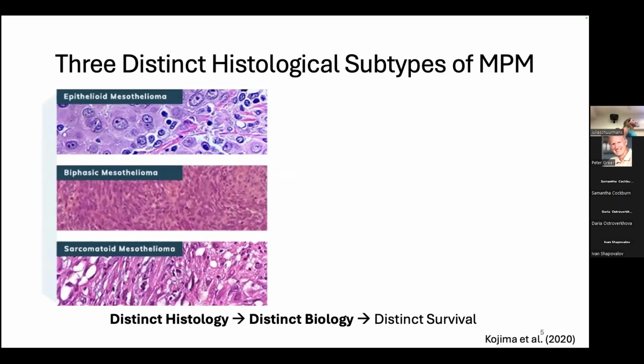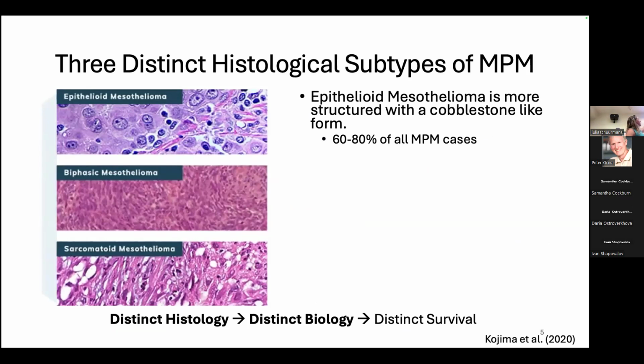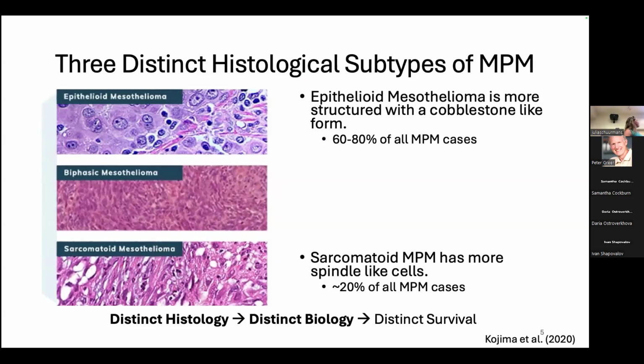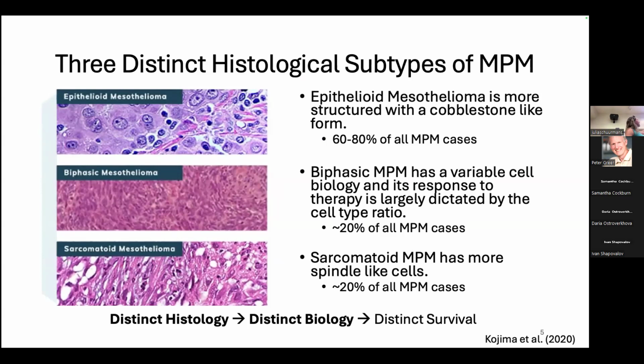There are 3 distinct histological subtypes of mesothelioma. The most common type is the epithelioid subtype, which you see at the top there. It makes up about 60 to 80% of all cases, and it has a more organized-like structure within its histology. The next most common type is the sarcomatoid mesothelioma, which has a much more disorganized histology and makes up about 20% of all cases. Between the two, we see the biphasic subtype, which is a mix of both the top and bottom subtypes within one, and they tend to show characteristics of both diseases. From this point on, I will be referring to the bottom two as the non-epithelioid subtype and the top one as the epithelioid subtype.